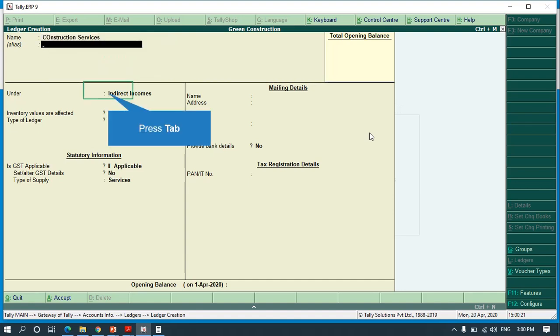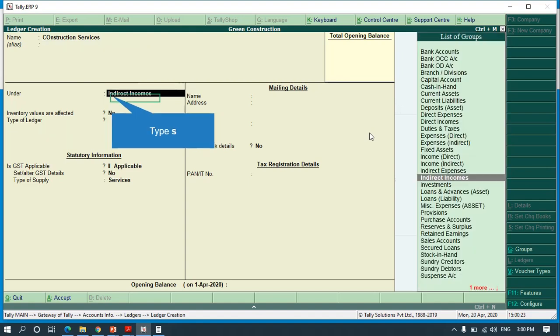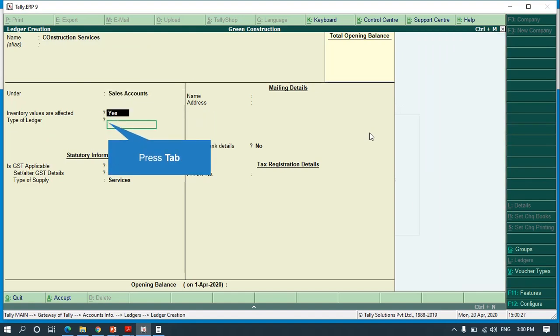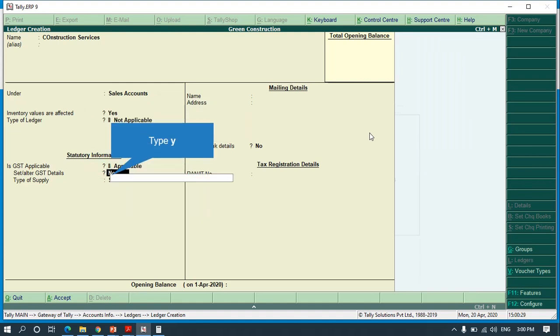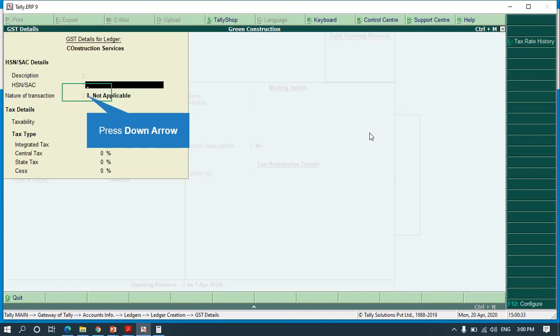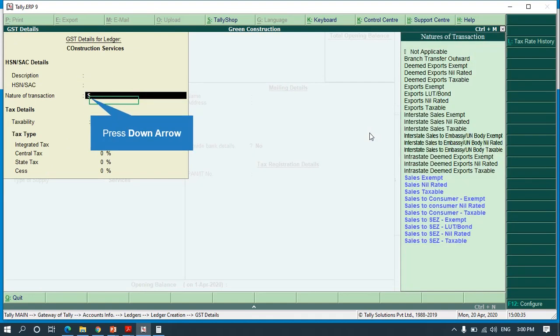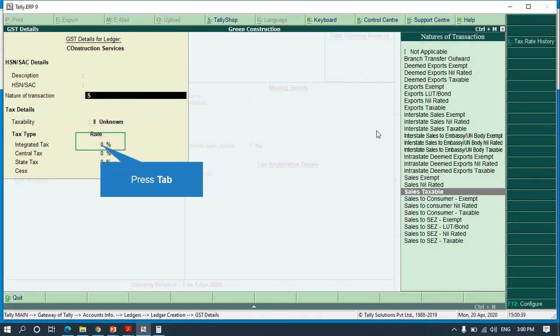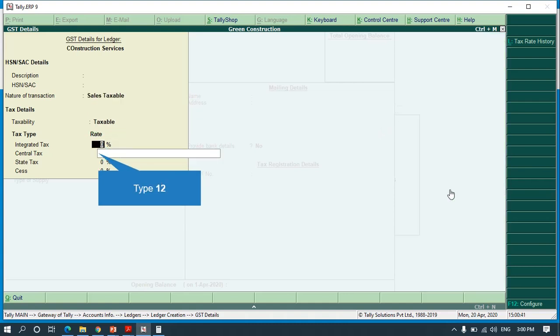Construction services are our major source of income, so I am taking it under Sales Account, and GST is applicable for it. I am selecting Sales Taxable; you need to select it from here. The given tax rate is 12%.